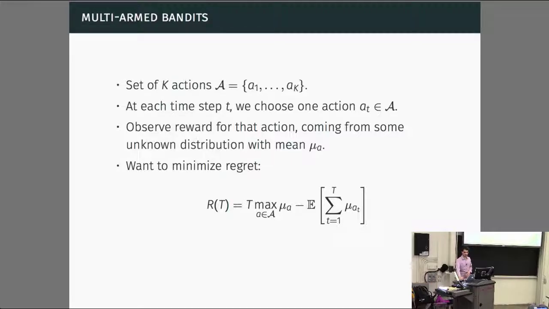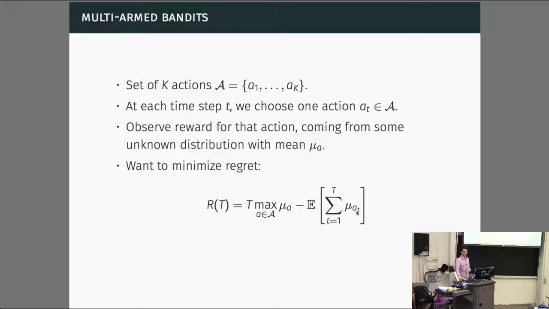And then the main goal is we want to maximize our reward. So we want to pick the arms that maximize the reward. Another way of looking at this, as we've seen before, is we want to minimize the regret. The first part of the regret is what the optimal outcome would be. So it would be if at every time step we took the best action, right? There has to be some best action, because whatever action has the highest mean, in expectation, is the best action. So if we knew what that was, we would just take that at every time step. So that's the optimal outcome.